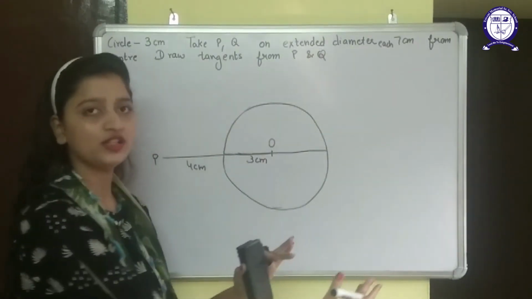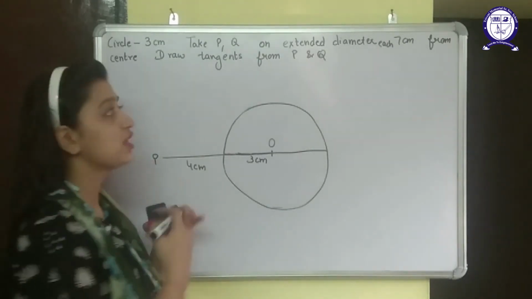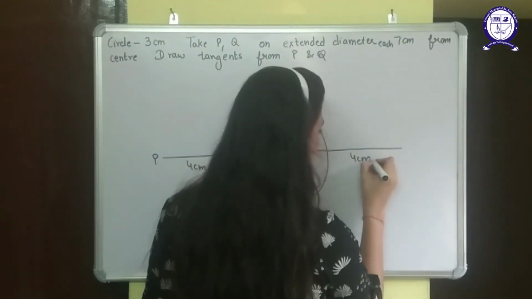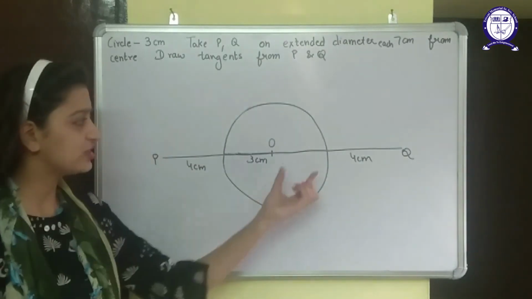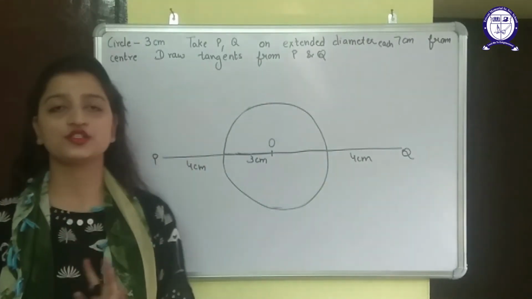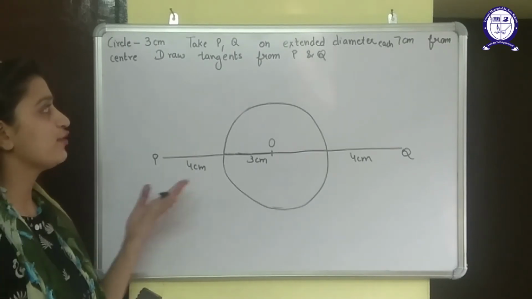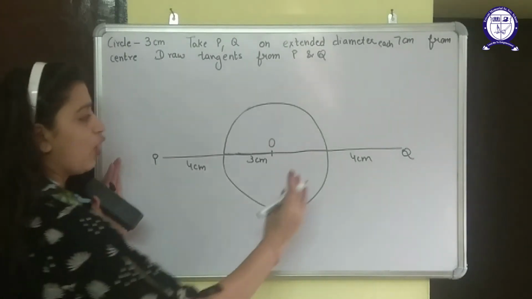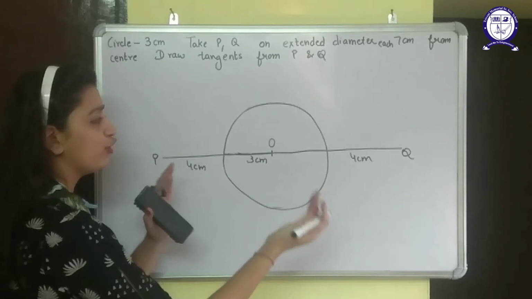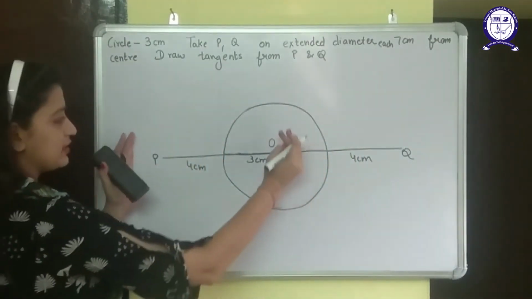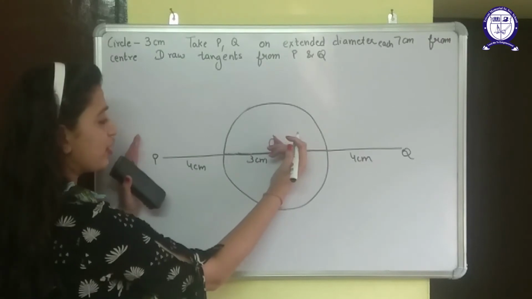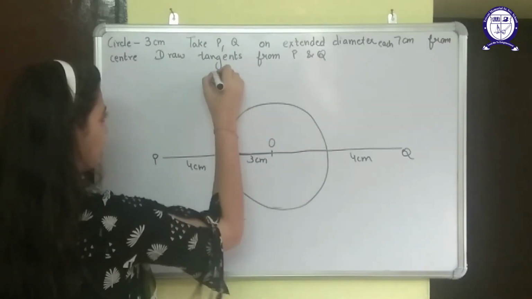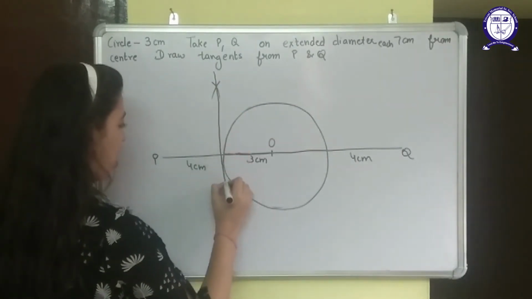Similarly, I will do the same thing on the other side, because it says take 2 points on the extended diameter. So take 4 cm on this side, and this is my point Q, because 3 is this and 4 more will be 3 plus 4, 7. Now I need to draw the tangent from P and Q, from both the points. Now the procedure is the same. For P only take the figure this much, and for Q only take this much. Suppose I am taking this one. So I will draw the perpendicular bisector of PQ. It will be like this. And it will cut outside the circle.